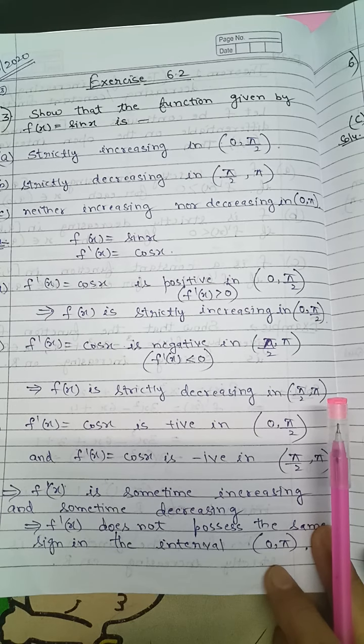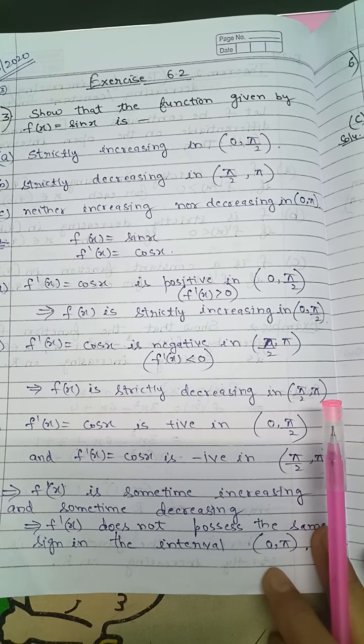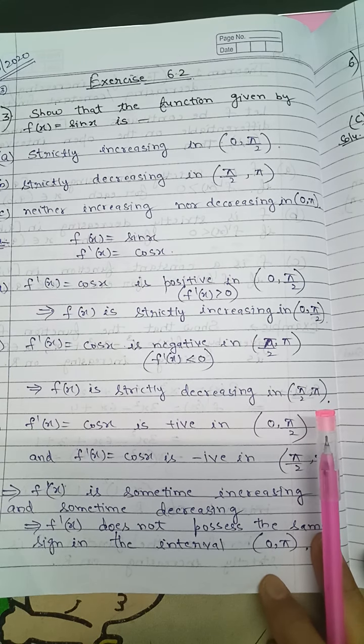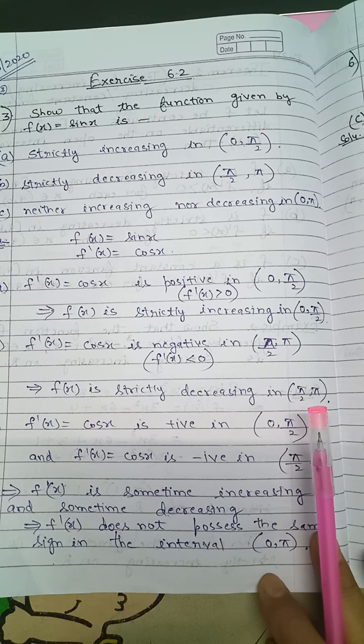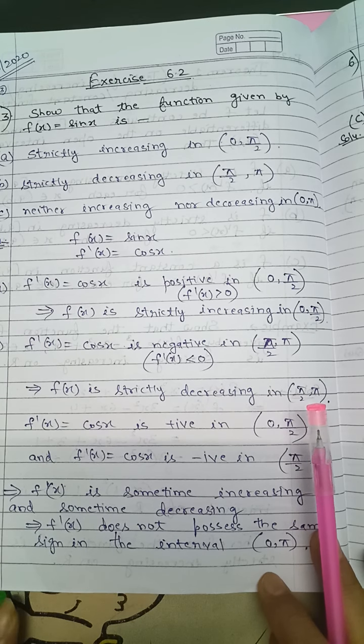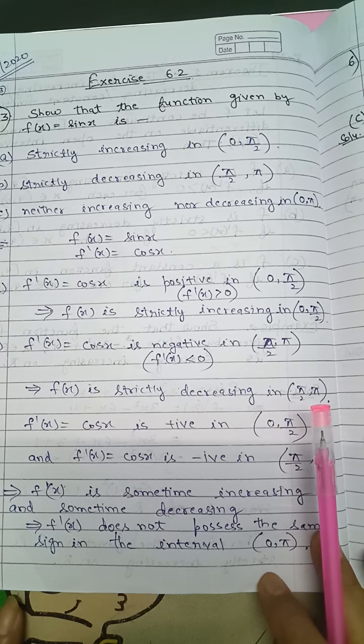In the last video we had learned about increasing functions, strictly increasing, decreasing and strictly decreasing functions. How we were supposed to find it out: finding out the derivative. Then let's see whether it is greater than 0, it will be strictly increasing. If it is less than 0, strictly decreasing. If it is equal to 0, then we can say that it is a constant function.